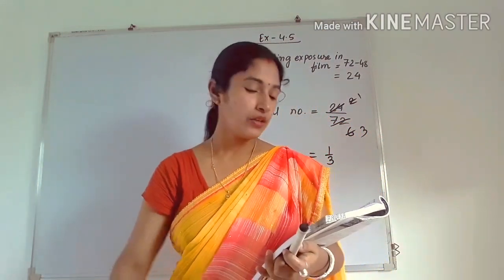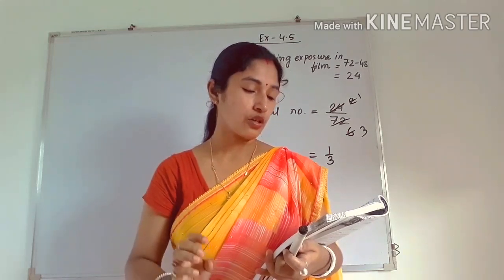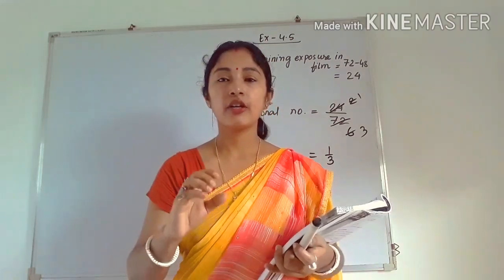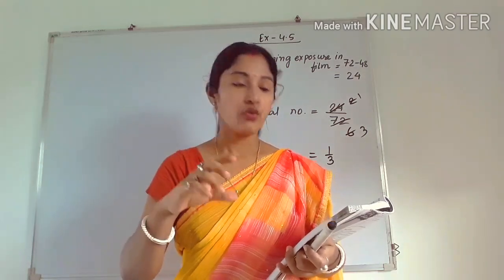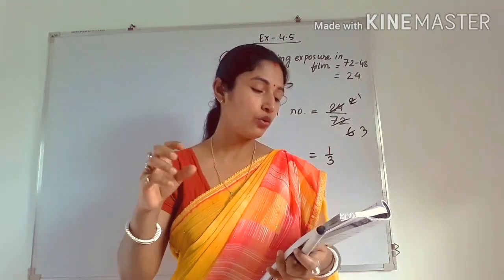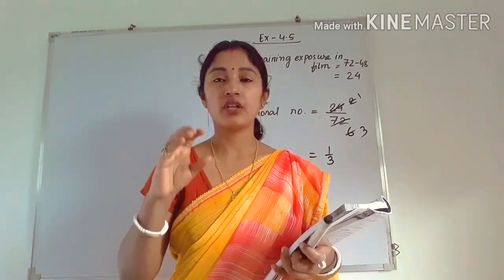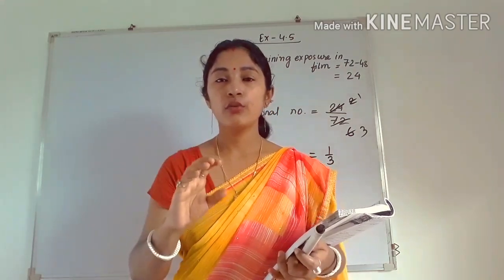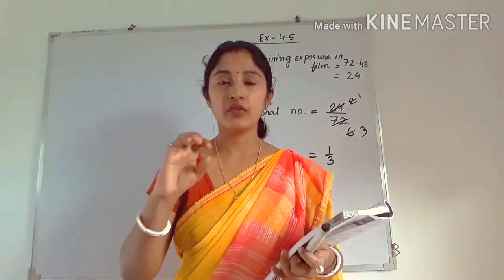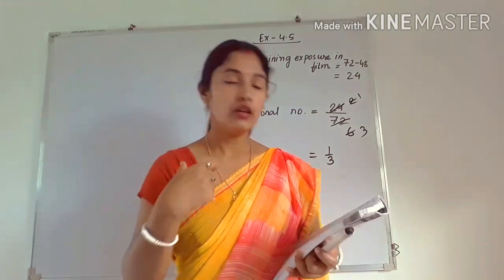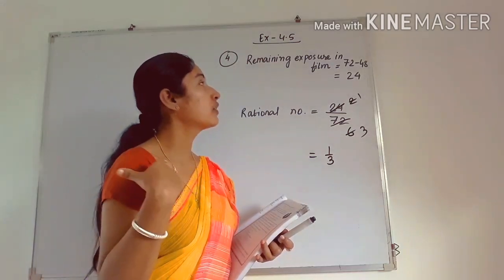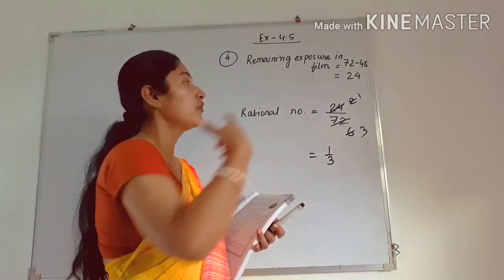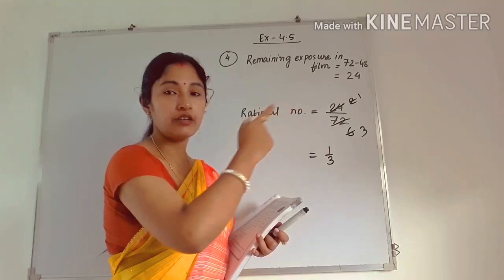That film can take 72 exposures, that means it can take 72 pictures. During the class picnic, he took 48 pictures, that means 48 out of 72 exposures. So the remaining part which is left in the film will be 72 minus 48, that will be 24.